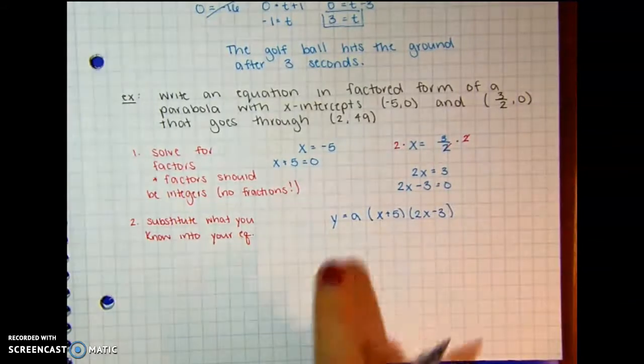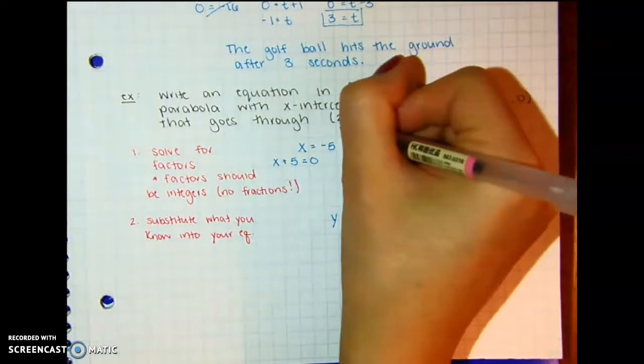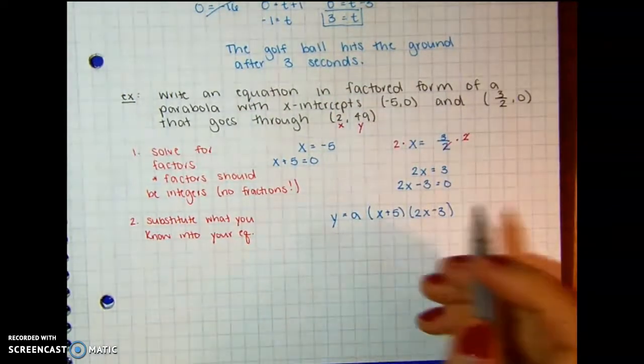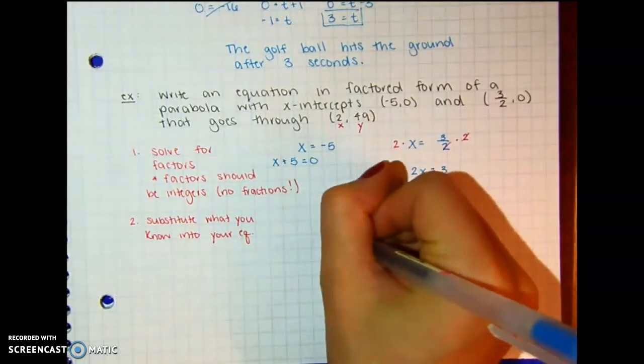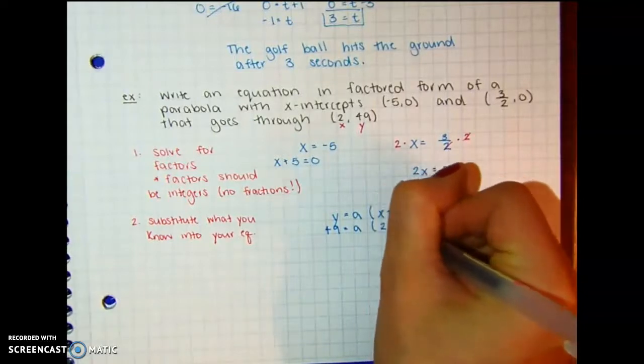And now we need to solve for a, which is why we gave you the point, right? It goes through this point, x comma y. So I'm going to replace my y value with 49, my x value with 2,